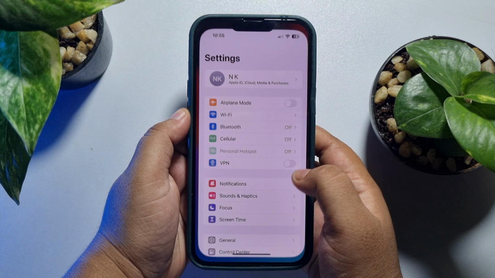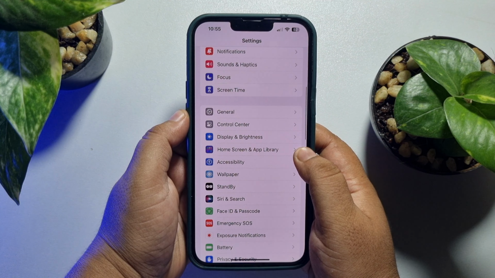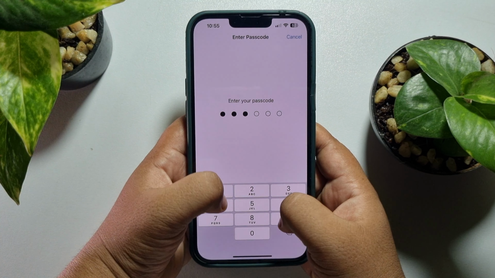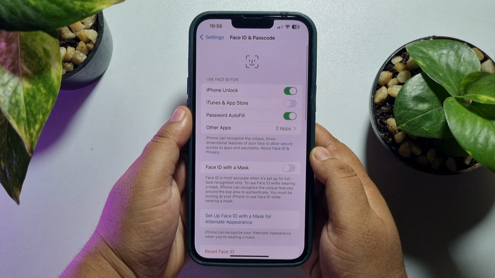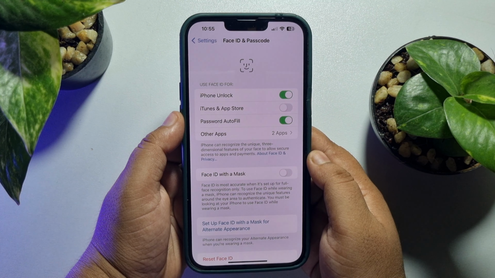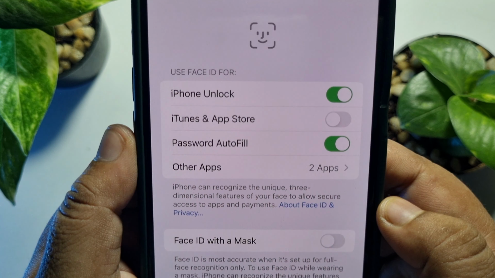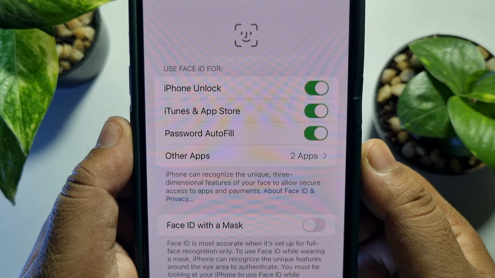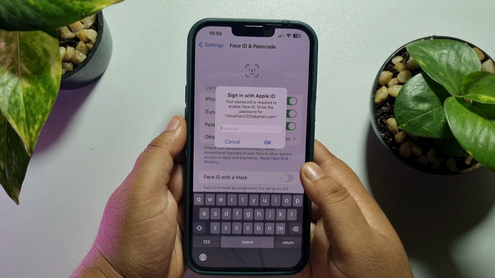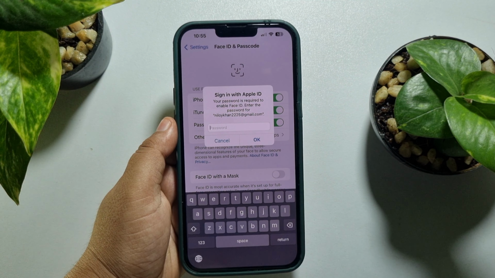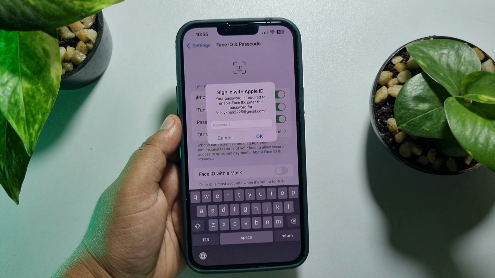Go to Settings again and then go to Face ID and Passcode. Enter here your current passcode, and here under the Use Face ID For section you will find iTunes and App Store. Just enable iTunes and App Store here. And now you have to verify your Apple ID. So enter here your Apple ID password